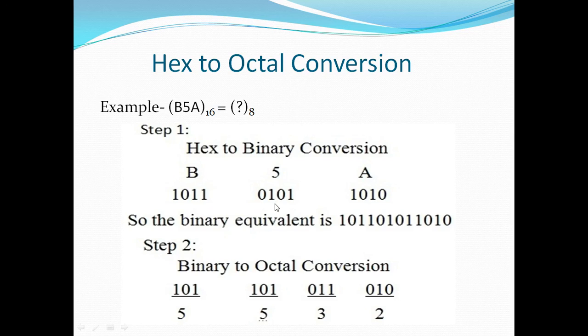So don't get confused. In hexadecimal we have to make groups of 4, so we have simply added a 0 here. If I add extra zeros on the left side, it will not affect the value. You can add multiple zeros from the left side, it will not affect the value. But if I add a 0 on the right side, then it will change the value. Suppose 101, if I add a 0 on the right, it will become 1010. So 5 can be written as 0101, 5 can be written as 101, 5 can be written as 000101. So we can add extra zeros, it will not affect the value.